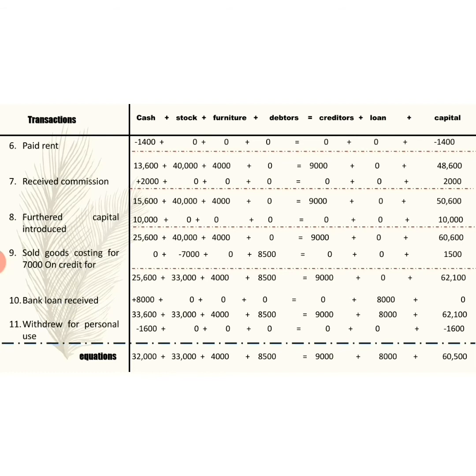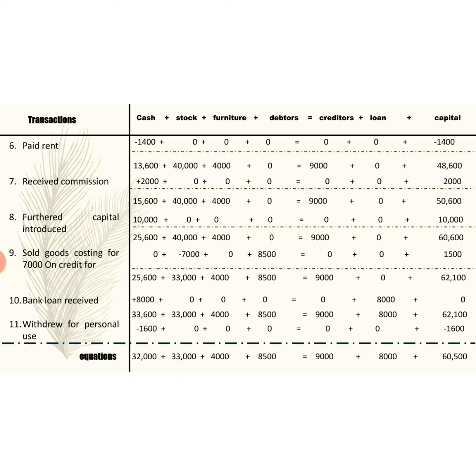So 1,400 is deducted from the cash column, that is 15,000 minus 1,400 is equal to 13,600, plus stock 40,000 plus 0 is 40,000, furniture 4,000 plus 0 is 4,000, debtors is 0, and again creditors is 9,000 plus 0 is 9,000,